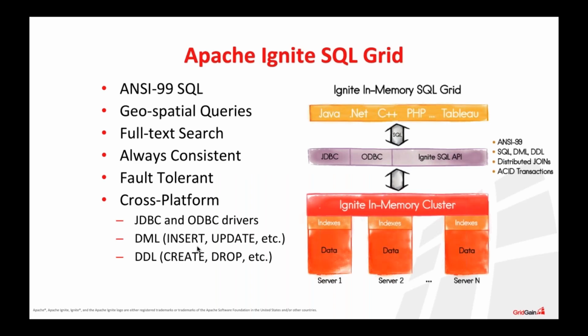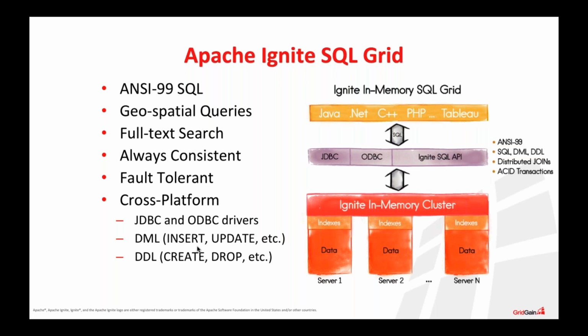First is an advanced SQL Grid component. Apache Ignite SQL Grid is a distributed SQL engine which is ANSI 99 compliant. In reality, you can execute all sorts of imaginable functions and operations, including aggregations and joins. You can group your data, you can order your data, whatever you're accustomed to do with conventional relational SQL databases.